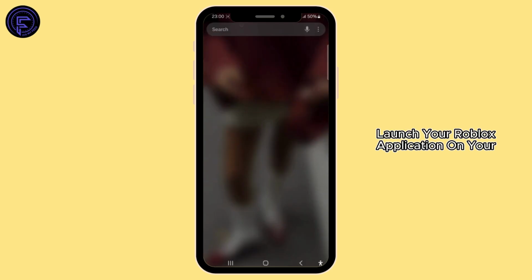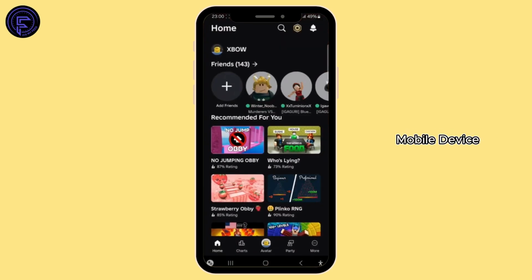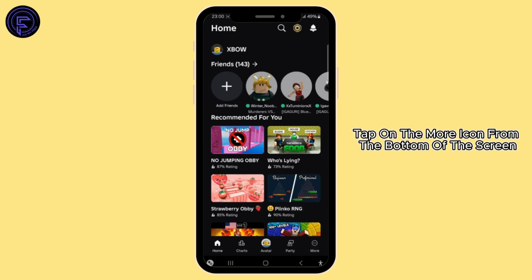First of all, launch your Roblox application on your mobile device and make sure that this application is updated to its latest version available from your Play Store or App Store according to your device. After that, once Roblox is opened and you're on the home page, tap on the More icon from the